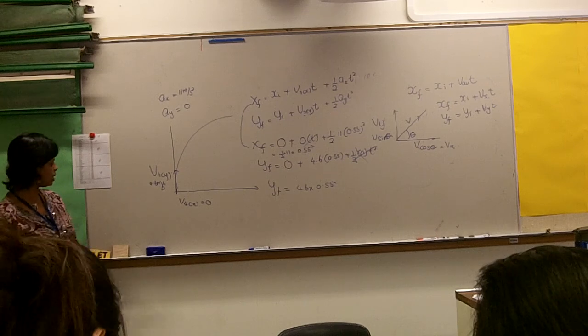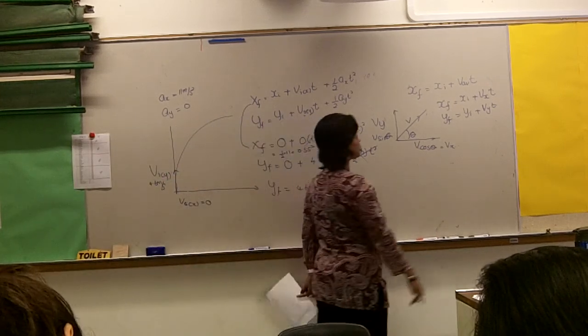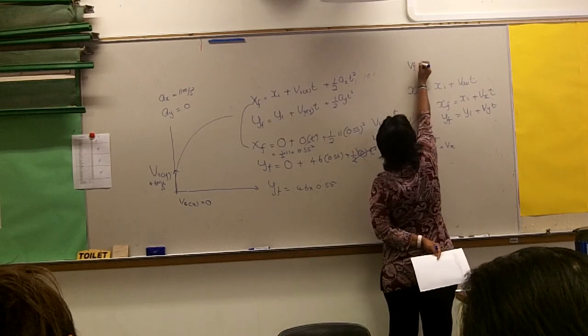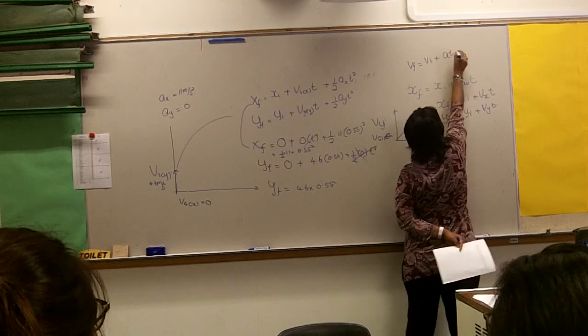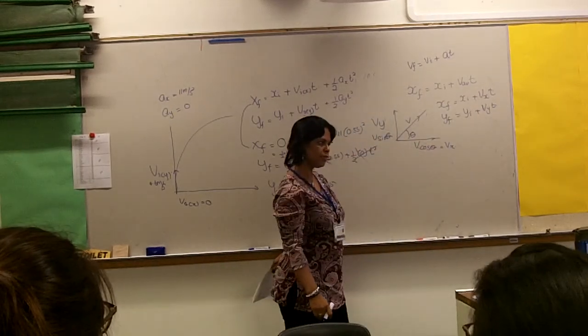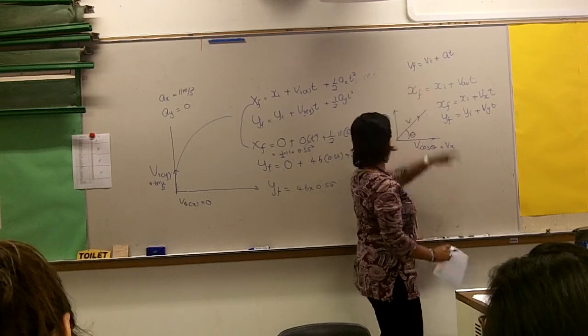Is that clear? So which equation is the best? Remember we learned v final is equal to v initial plus acceleration times t. We learned that, right? Now we are using it in two directions. So we can say,